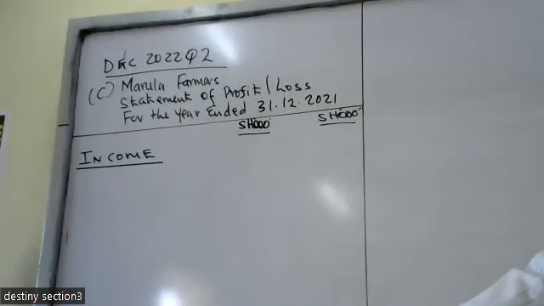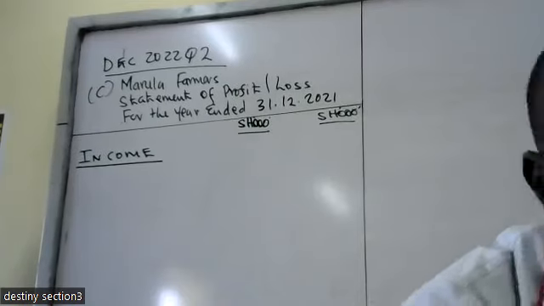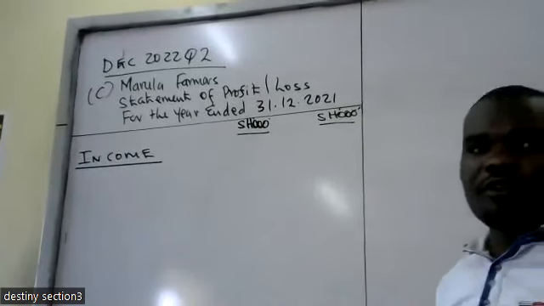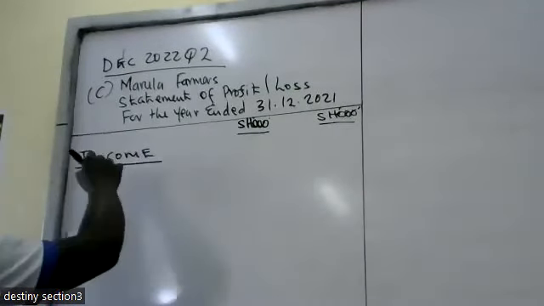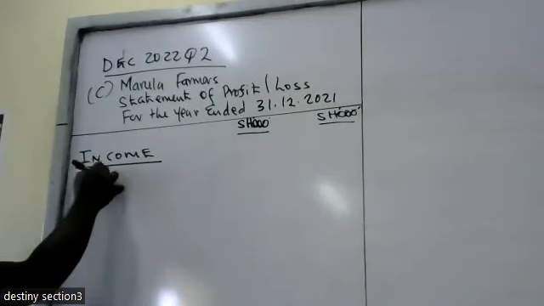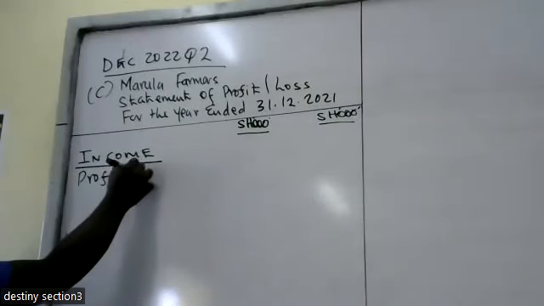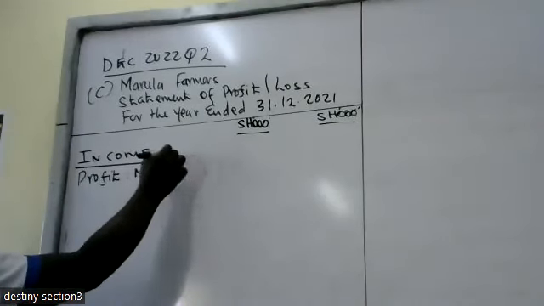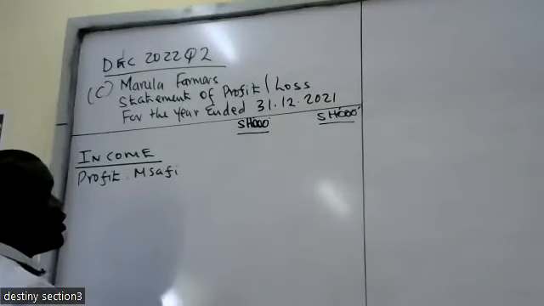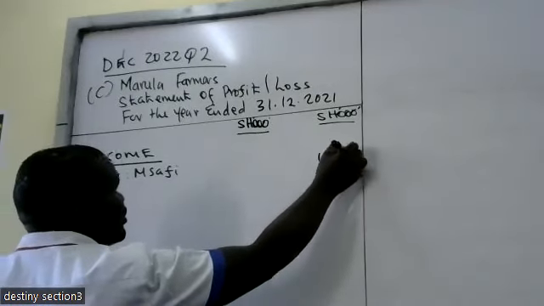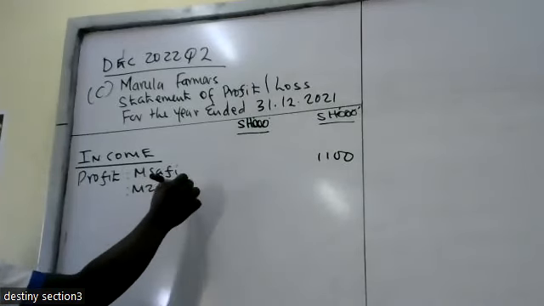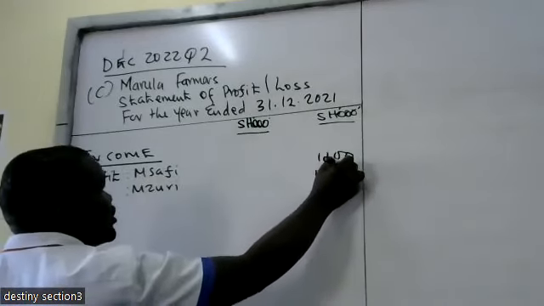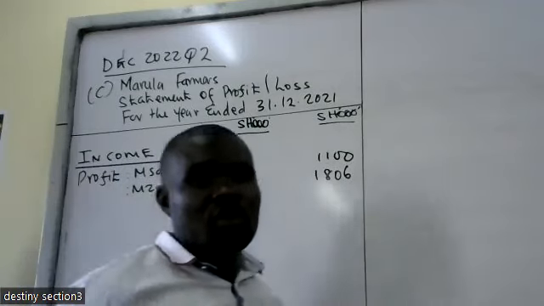We had received, we had got from Safi 1,100. From Safi, we had gotten how much? 1,100. So profit in Safi, you're saying? 1,100. From Zuri? 1806. Then now go